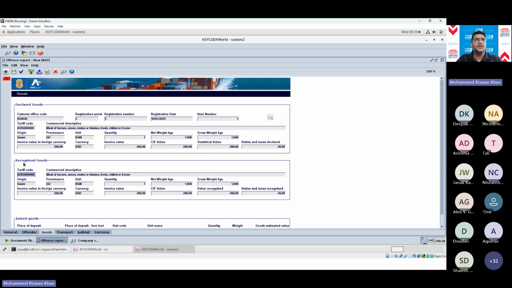And then as the recognized goods, you can change to the correct declaration. So if the HS was wrong, you can actually change the HS. Or if the origin or whatever details was wrong, you can actually change it here. So you can actually compare what was declared and what needed to be declared.